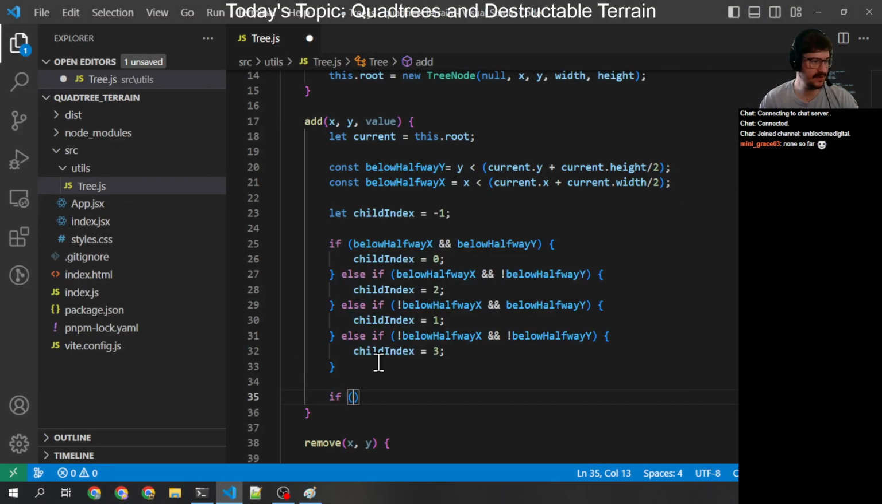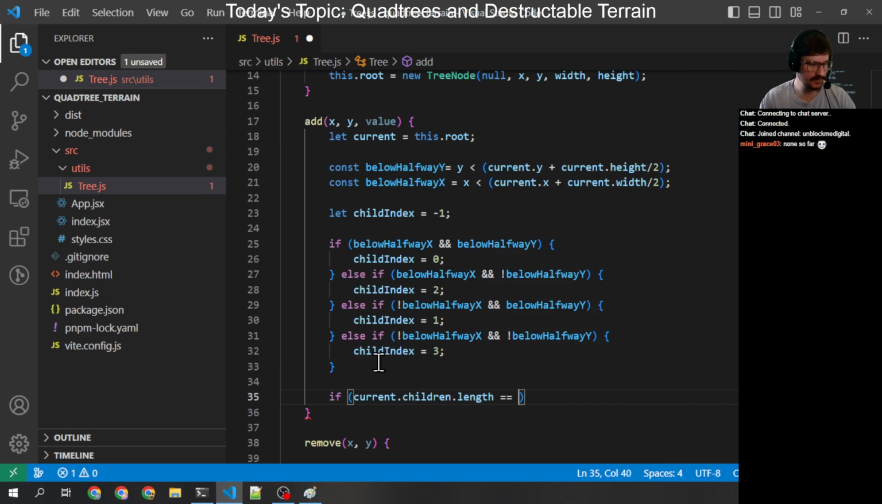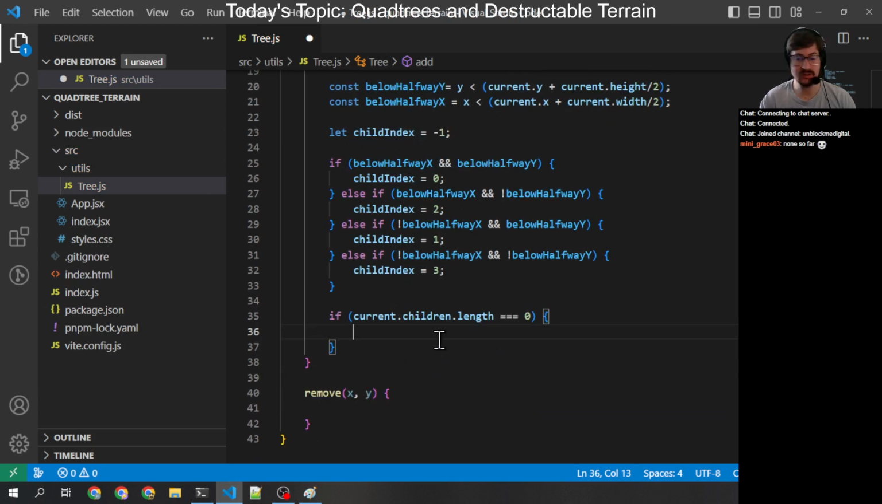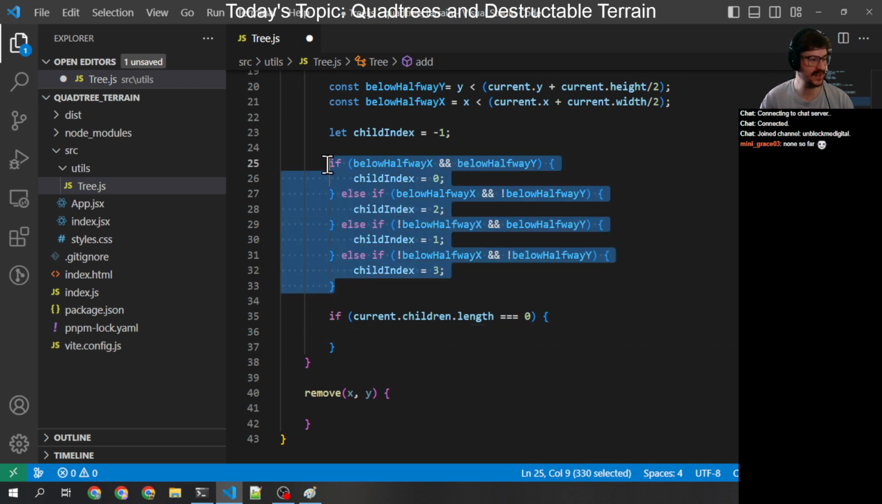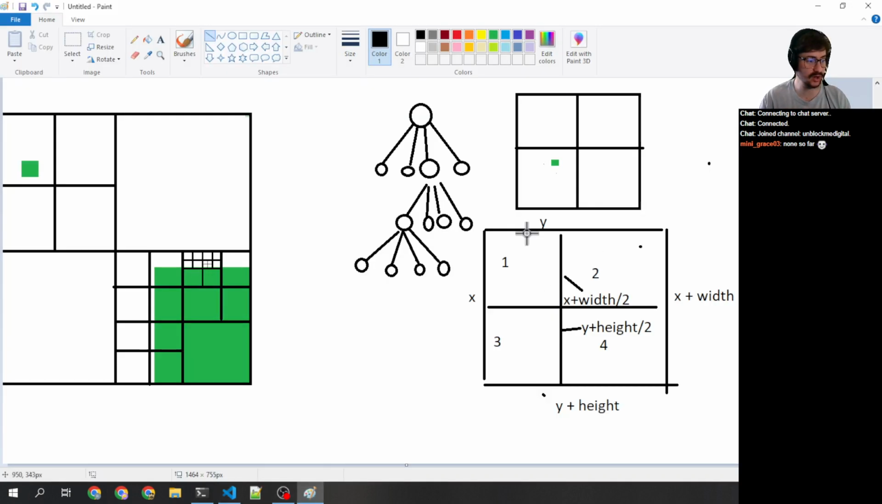So we're going to say if current.children.length equals 0. So if we have no children, we need to generate them, all 4. The reason we want to generate all 4 is because if we don't have 4 children, this indexing doesn't work the right way. We can't assume the index of where each of these children is unless we're generating them all at the same time. If we're generating them all ad hoc, then they could be anywhere in our child list,